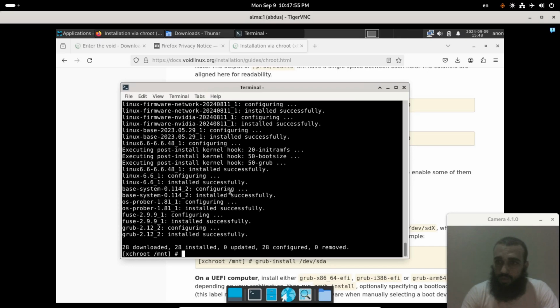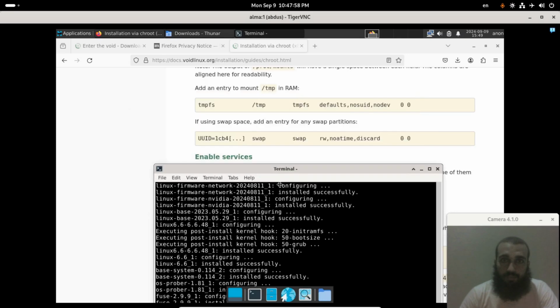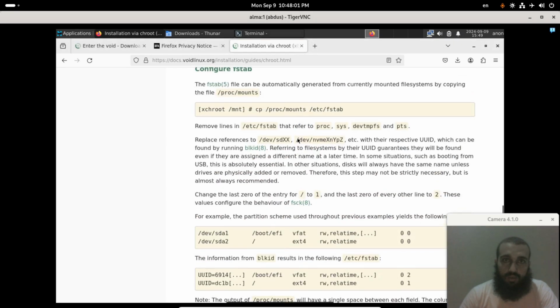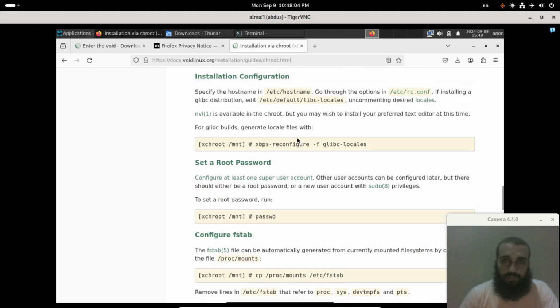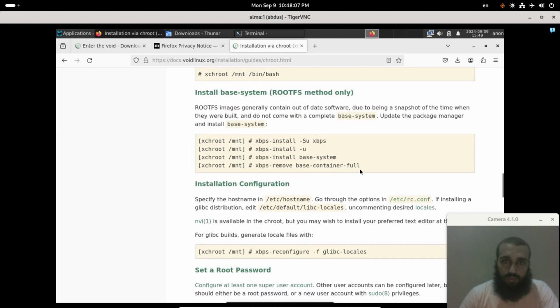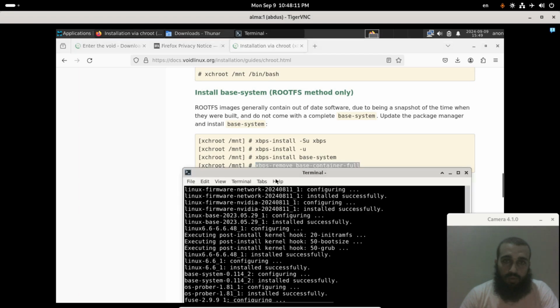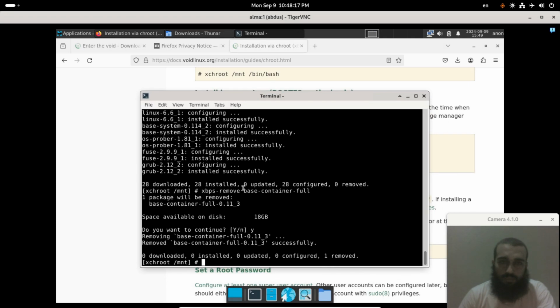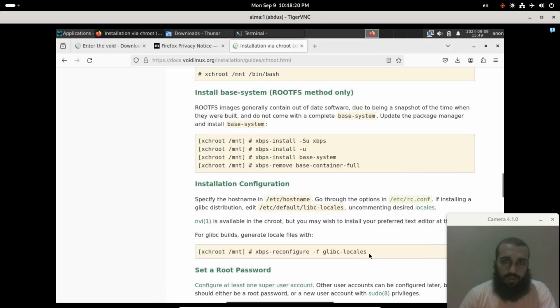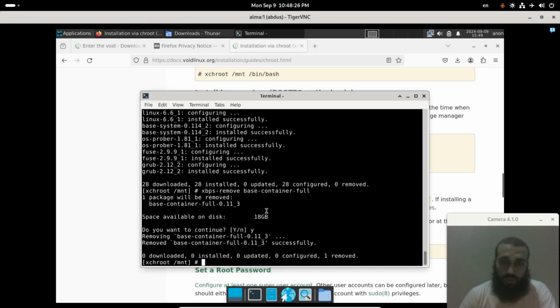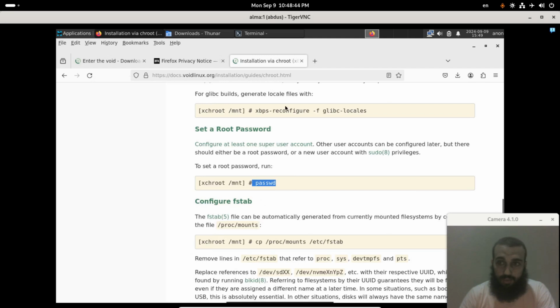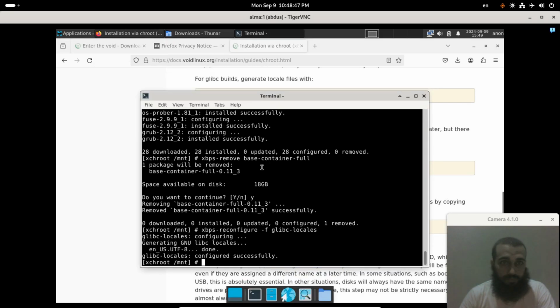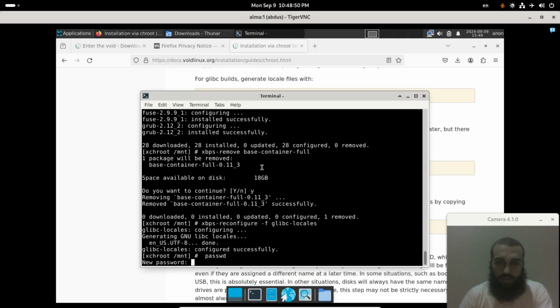Okay, the execution of this command is done, installing the base system. Let's keep up. Here it says that we need to remove this package. Let's do it. Yes. And then if you are selecting glibc, you run this command. Otherwise, if it's musl libc, no need for it. Password, this is what I forgot in the previous method. For the root,